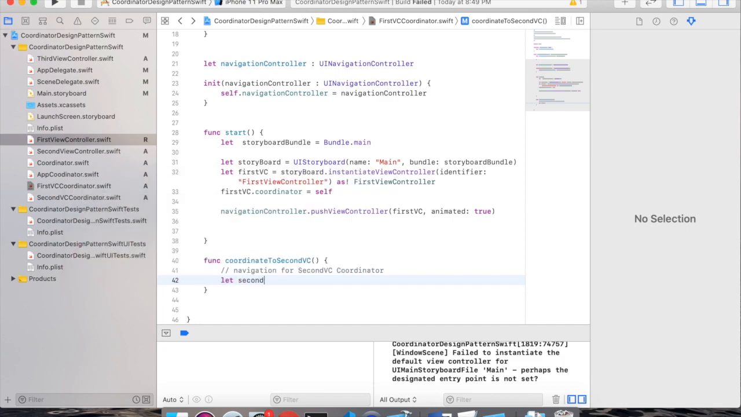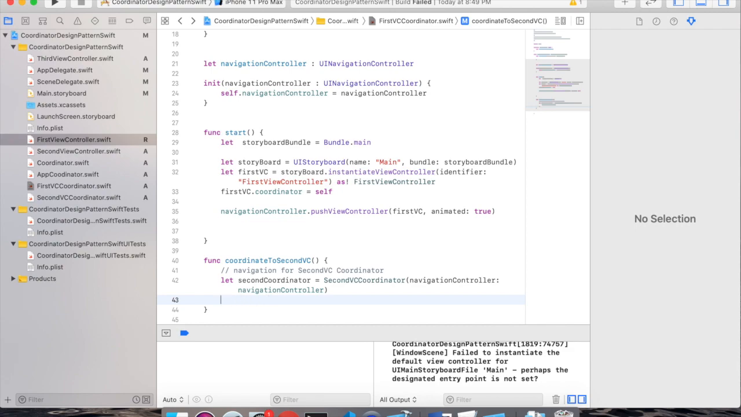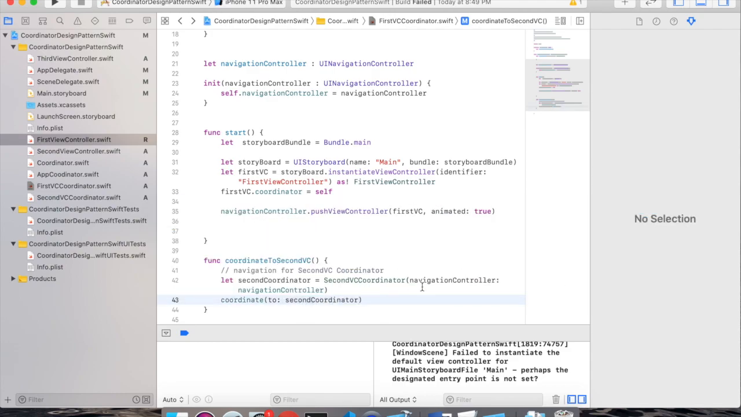Let second coordinator equals to second VC coordinator with UINavigationController, navigation controller, then to second coordinator. If I run my project,